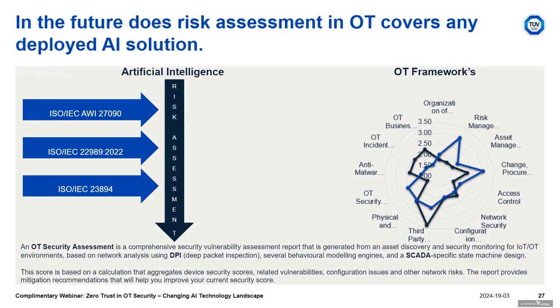So, what are those standards? These are ISO 27090, ISO 22989, and ISO 23894. I will cover more detail on these standards, but first, how we correlate with them. Consider an IEC framework you're using for OT assessment, and you have an AI solution already deployed in your environment, like for your IDS or IPS. You generally don't treat it as part of your OT infrastructure, but it should be considered in the assessment once you finish your OT assessment, adding the risk probability coming from these AI-based solutions. So you need a risk model for these AI solutions as well.